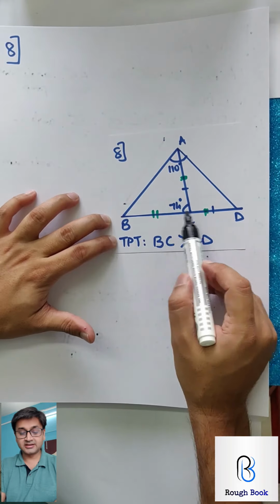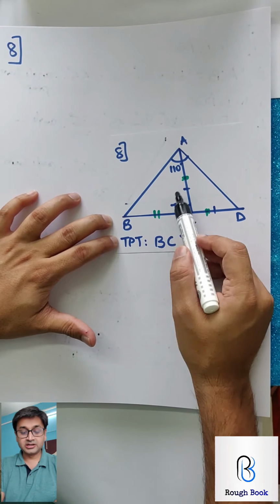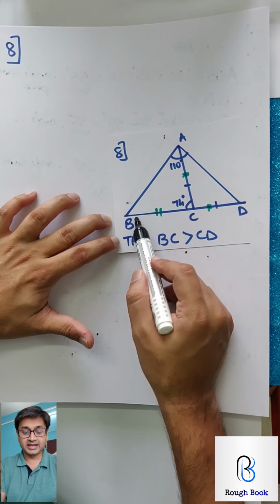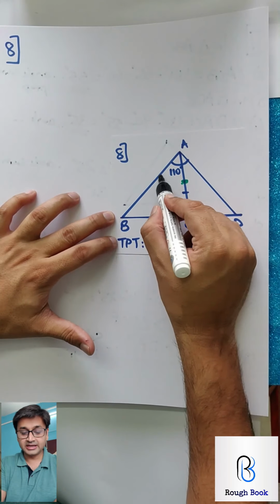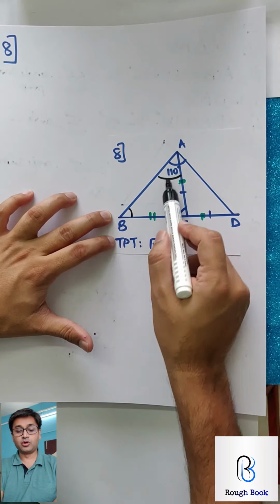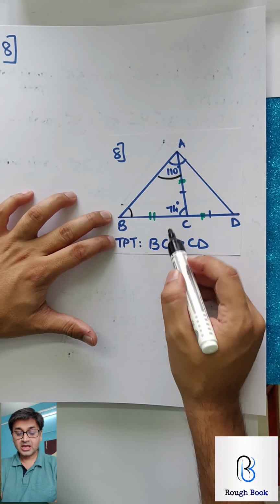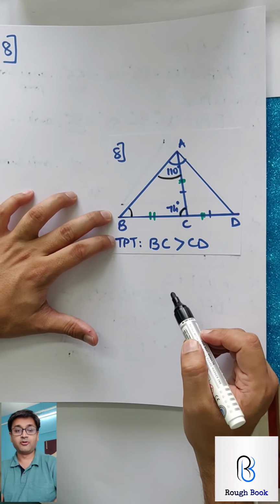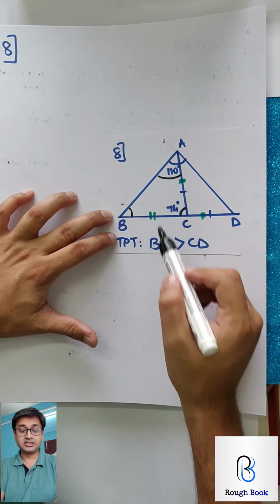Prove these two. Now to get these two, I need the two opposite angles. For BC, I need this angle, and for AC, I need this angle. Both are unknown. Right now, I just have 74. So how will I get these two?